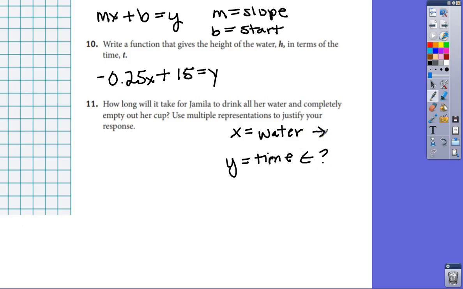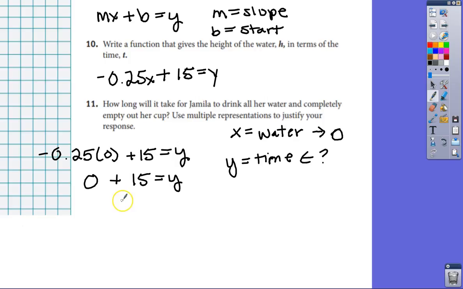But the water, when it is completely out of her cup, it's going to be 0 because there's no water left. So we're going to plug 0 into our equation. And the parentheses just mean multiply. Then we're going to solve. Negative 0.25 times 0 is 0. 0 plus 15 is 15. So it will take